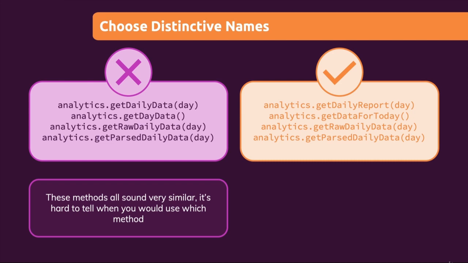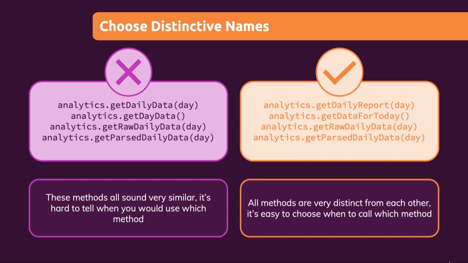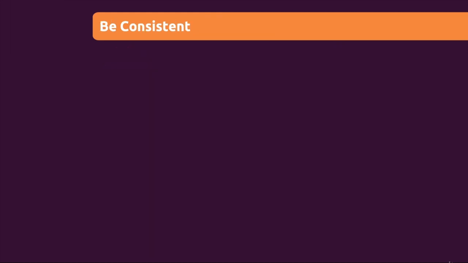Microsoft Excel report. GetDataForToday makes more sense than getDayData because it's clear that it's the data for today. GetRawDailyData makes sense, but now it doesn't clash with the other names because the other names are very clear and distinctive now. So now it's very easy to tell what the different methods do, and therefore working with this code becomes much easier. Now the last pitfall, the last concept to be aware of, is that